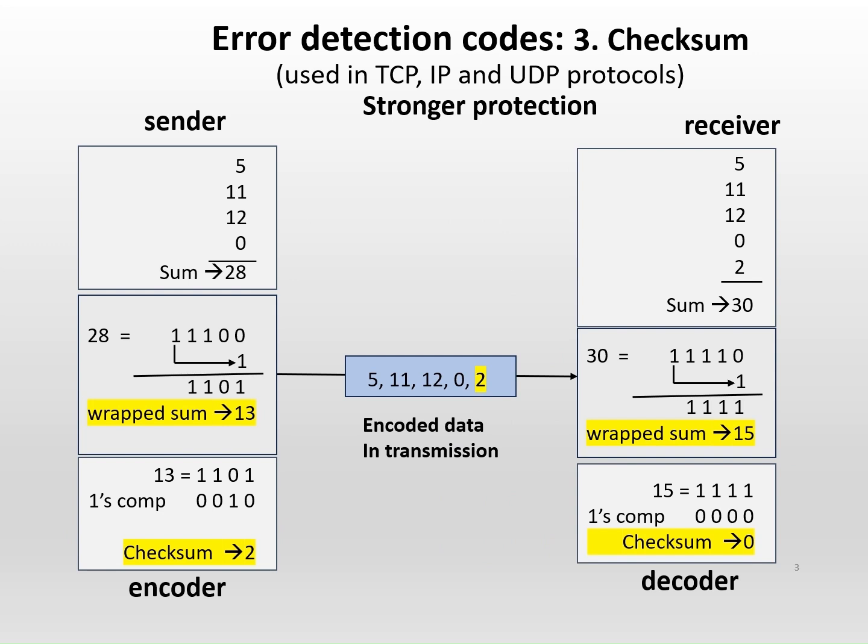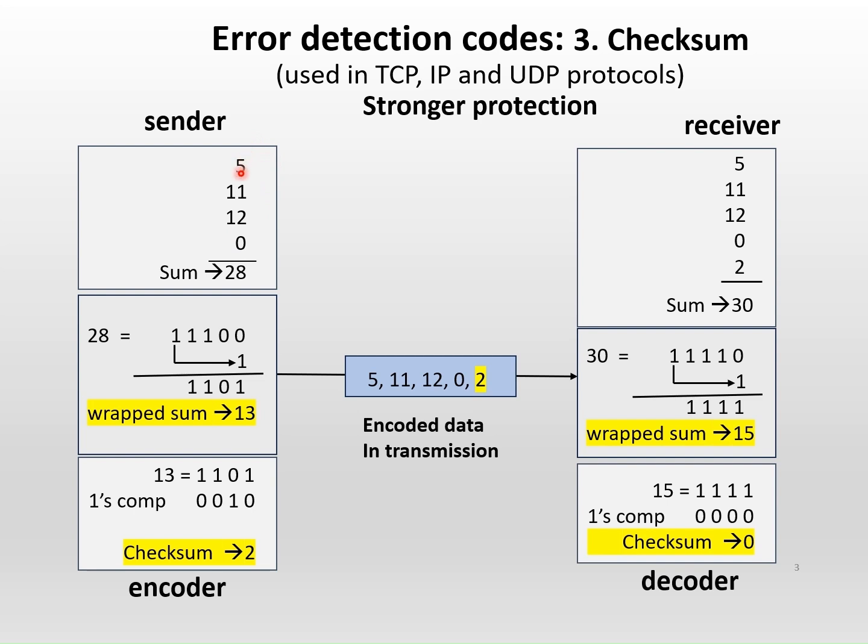The third error detection code is called checksum. In this, a number of data words are added. Here, I am showing those data words in decimal numbers for better understanding of the whole procedure. So the first data word was 1, right? In binary, it will be 0101. And 11 will be 1011, like that, but I have written them in